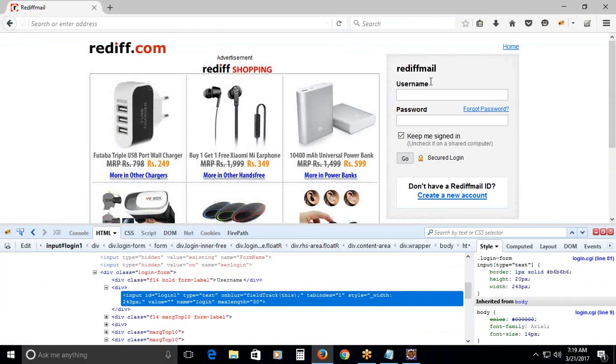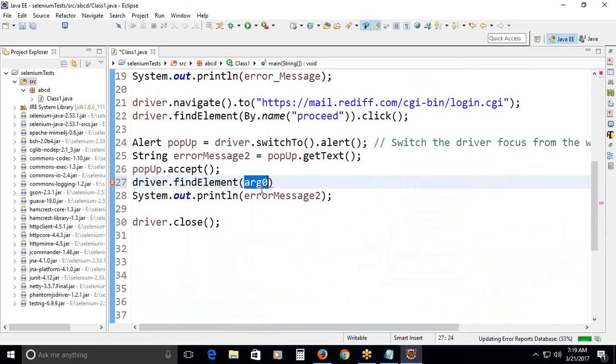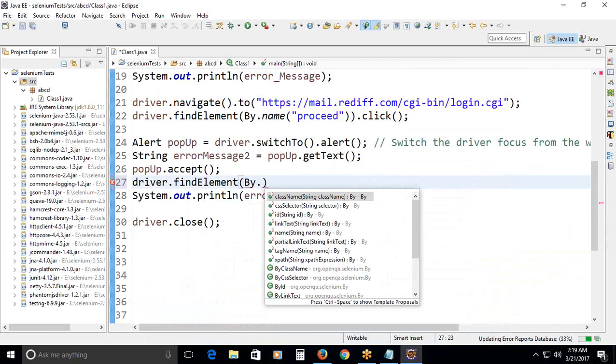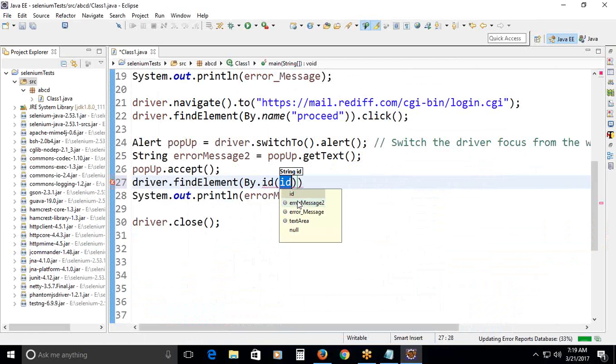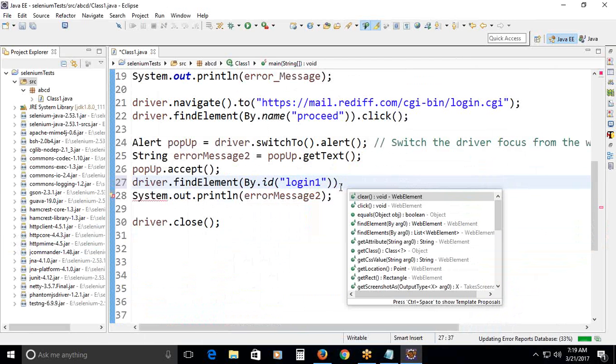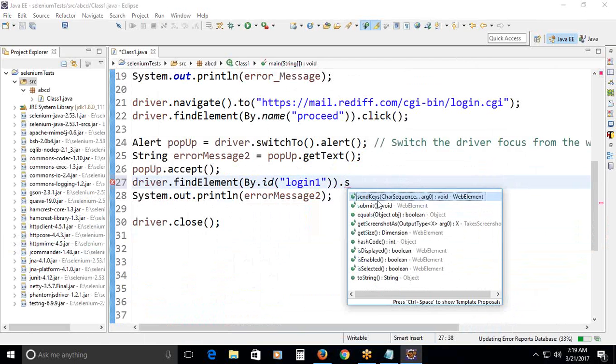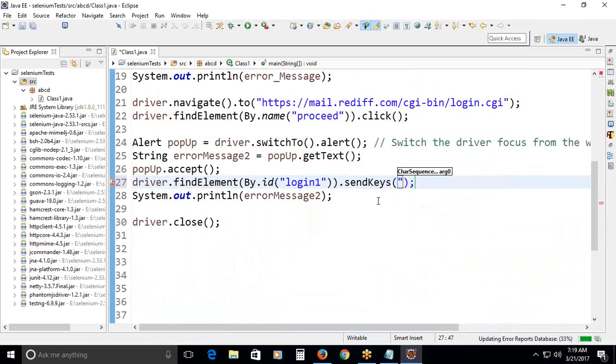ID login 1. Find element by dot ID, login 1, dot send keys, Ravindra